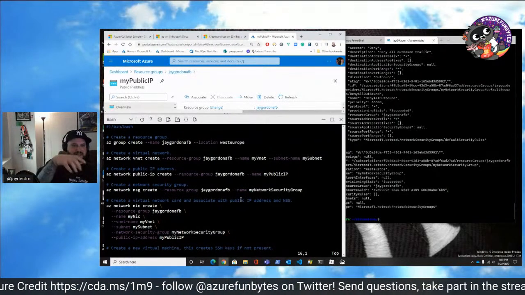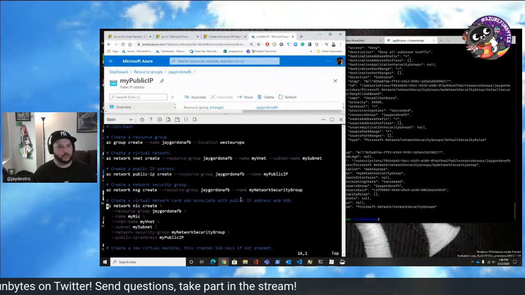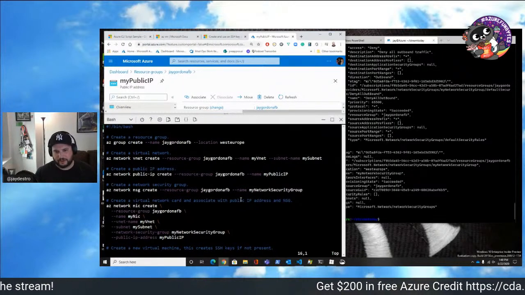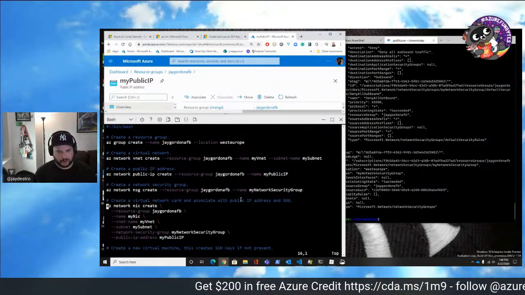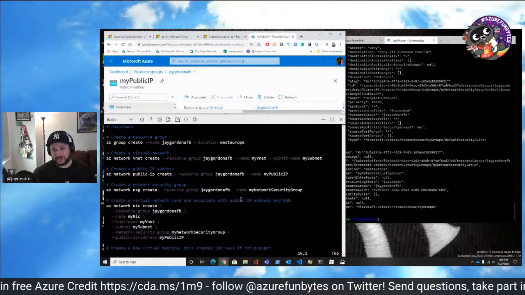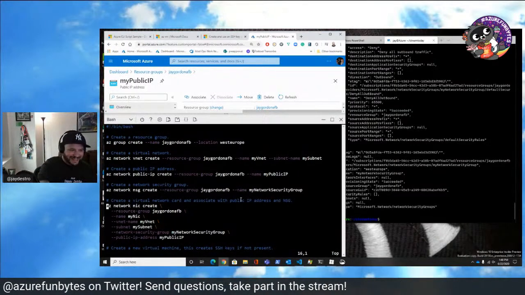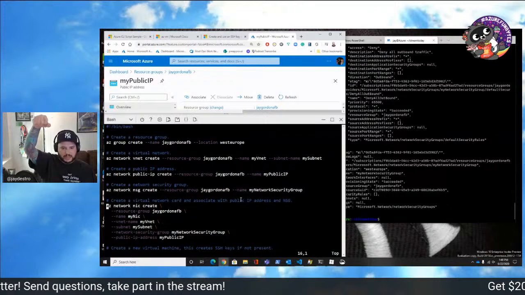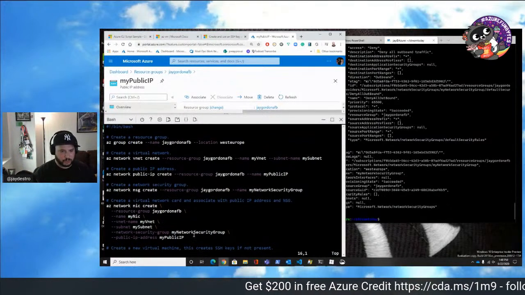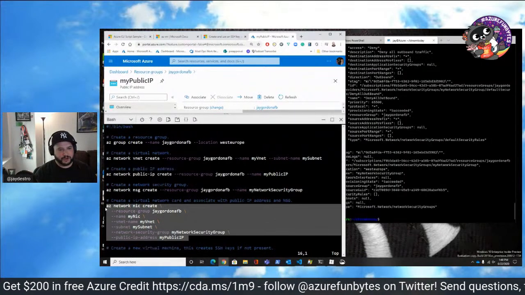I could take that network card and plug it into any one of my computers whenever I need to, because maybe the VM server fails, but I still need all that network configuration for some particular reason. These are just old infrastructure as a service problems to fix. We can take that card out, unplug it, and plug it into another VM. So what we're doing right here is creating that network card, that virtual NIC, network interface.